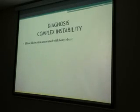This is a method of reconstruction using the palmaris tendon. What about complex instability? This was before posterolateral. The complex instability